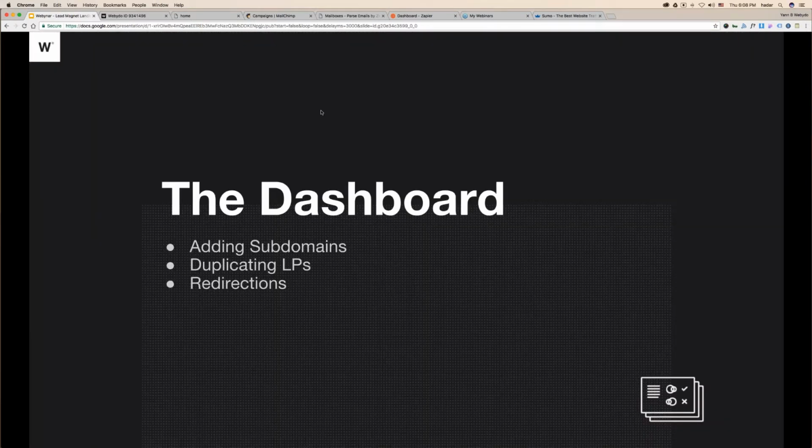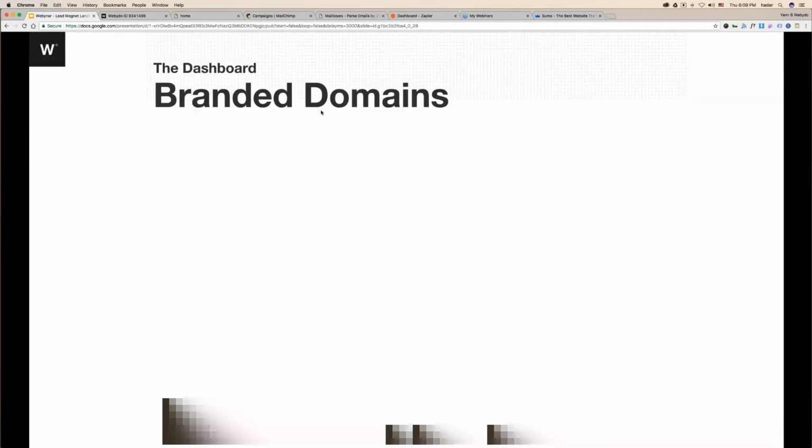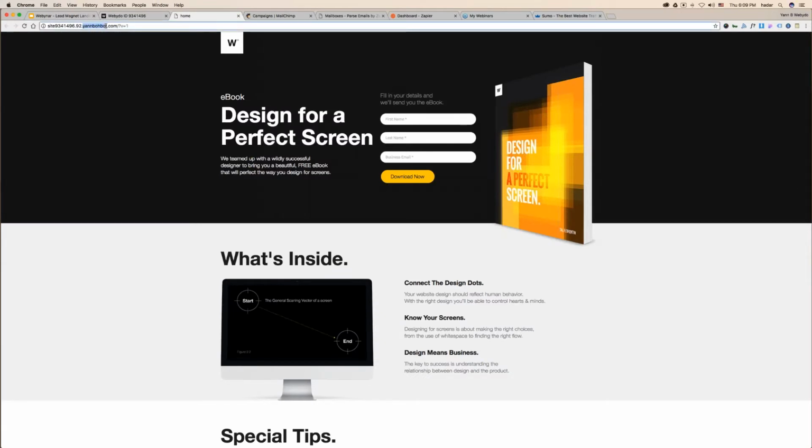So first of all, before you even create the website, you need to set up your dashboard. You need to start with branding your domain. Of course, every time that you publish a website, or in our case, a landing page, it's always going to be under webydo.com. You want to publish things under yannboba.com, for example, which is also a domain that I